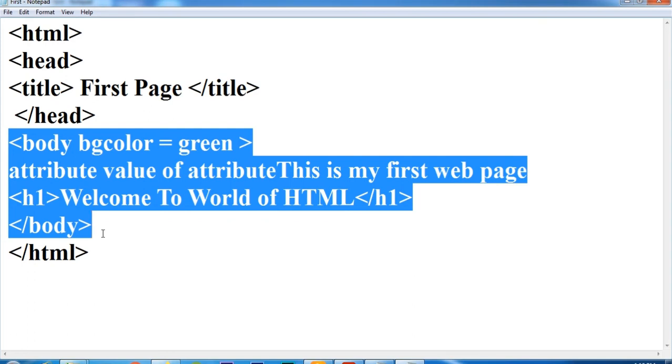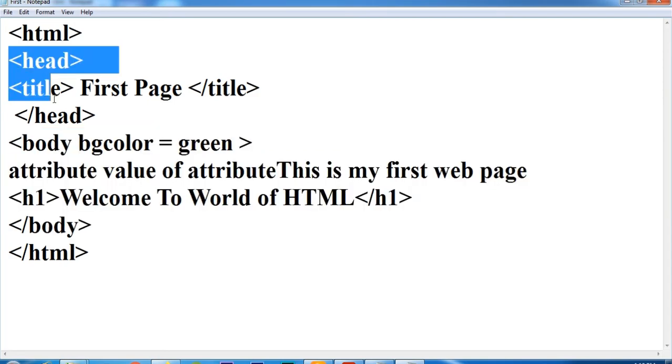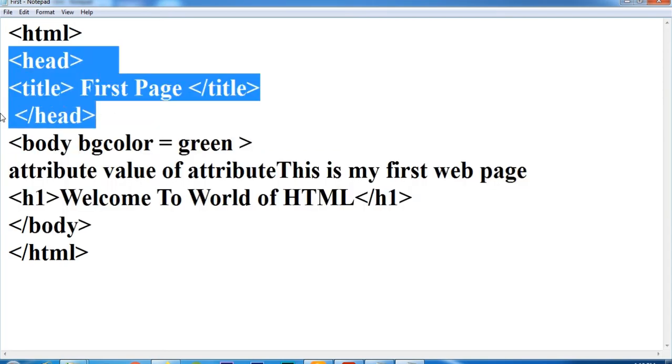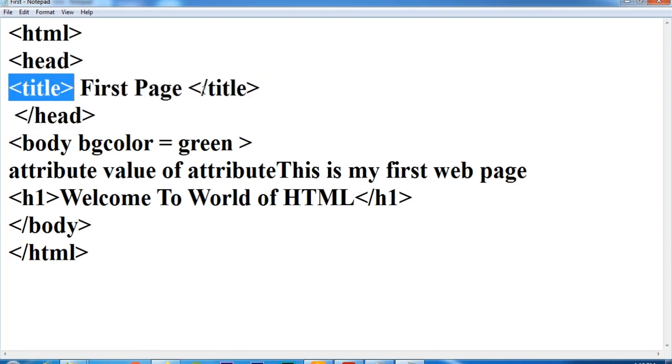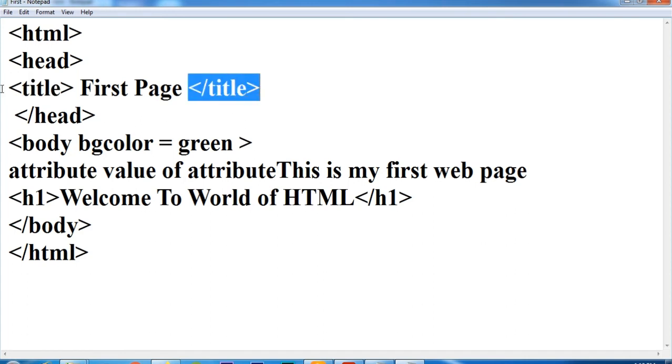Whatever content you want to show is the body of the web page, and the title or title bar of the web page is included in the head tag, and the title is given under the title tag, title and title close. There are different purposes of the head tag, and we will see them further when we learn more. So those are the basic things I am telling you.